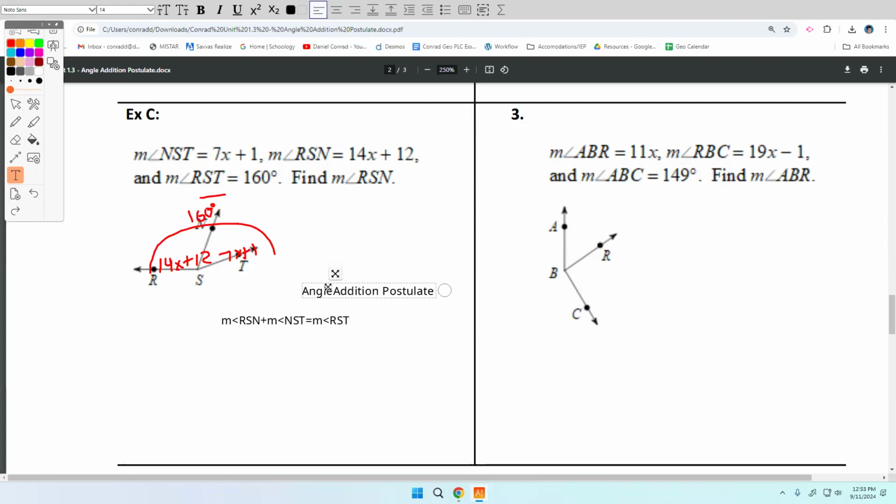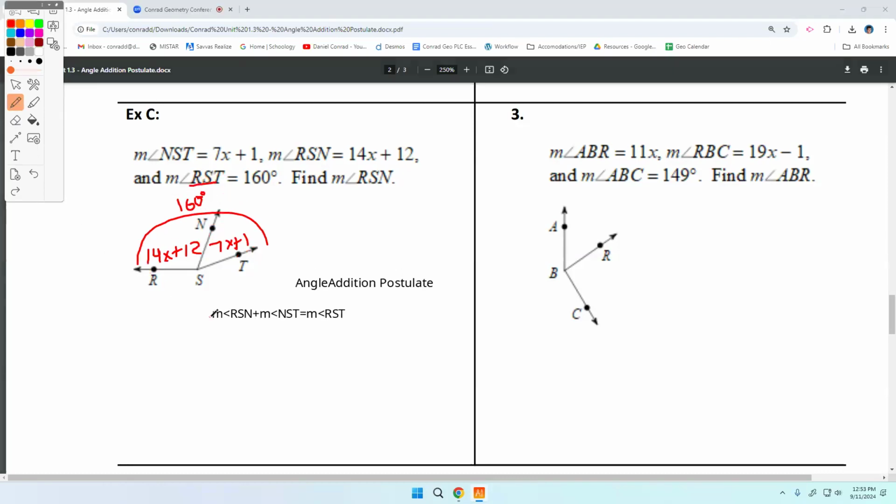All right. Now we're going to substitute in. So RSN is 14x plus 12 plus NST is 7x plus 1 equals the measure of angle RST, which is the whole thing, which is 160. Combine like terms. So we have 21x plus 13 equals 160. I subtract 13 on both sides. I get 21x equals 147. I divide both sides by 21. And that should give me,